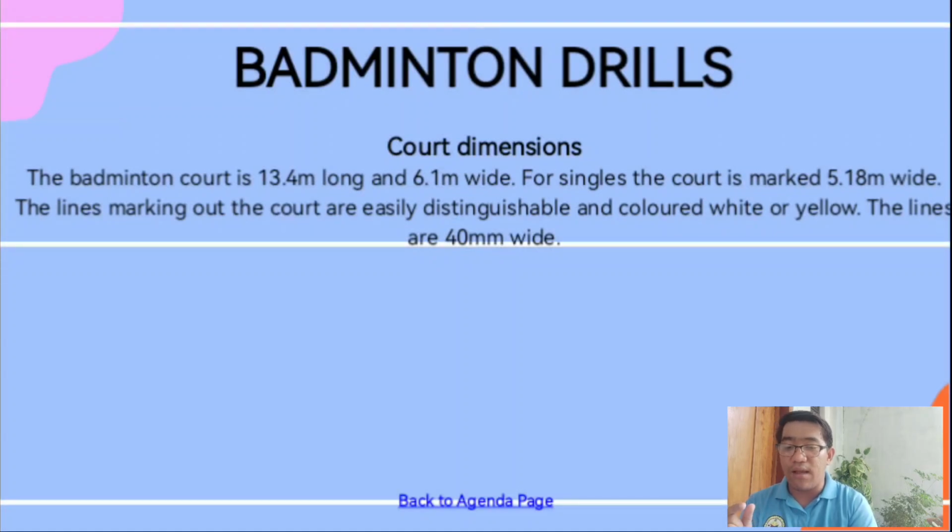The badminton court should be 44 feet long by 22 feet wide for playing doubles, and 44 feet by 17 feet wide for singles. So magkaiba tayo, okay? So 22 by 44 pag doubles. Kapag singles naman tayo ay 17 by 44. In indoor facilities, there needs to be enough height for the shuttle to float across the net within the ceiling height, depending on the strength of the player.